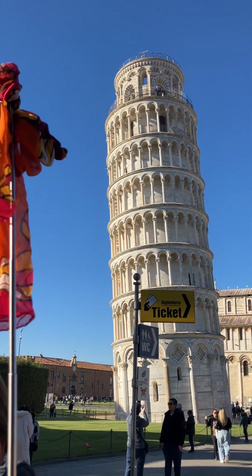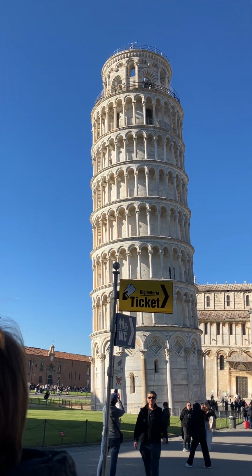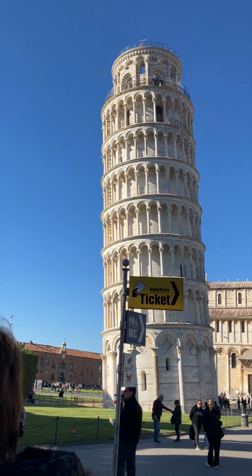Maybe some of you remember the works of restoration that we had several years ago. The tower was completely